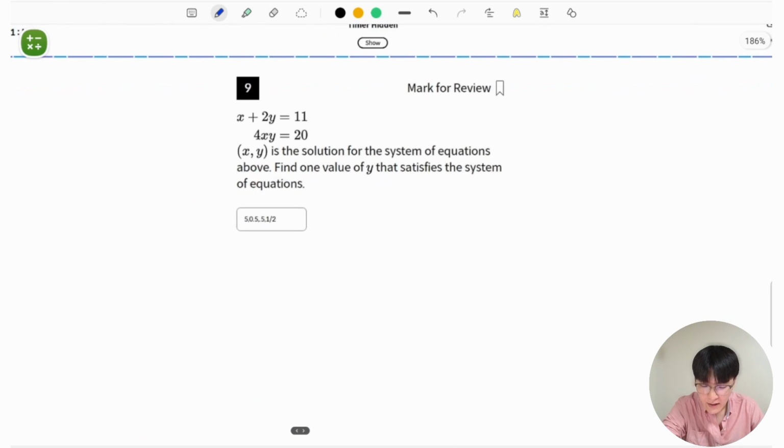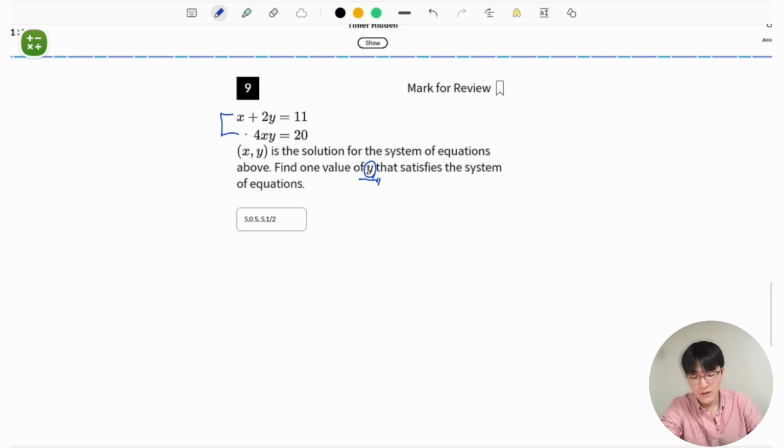Question number 9. x plus 2y is equal to 11 and 4xy is equal to 20. (x, y) is a solution for the system of equations above. Find one value of y that satisfies the system of equations. So, in order to solve linear equations or system of equations questions, we always want to see what we're trying to find. We're trying to find the value of y, and if we want to do that, then we want to substitute x